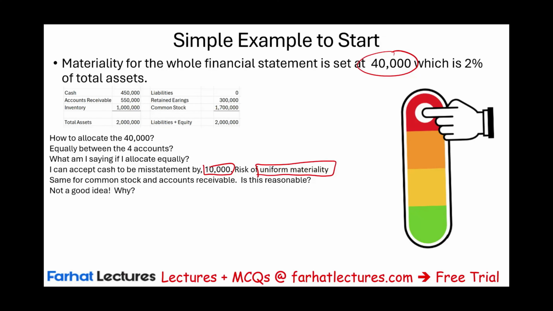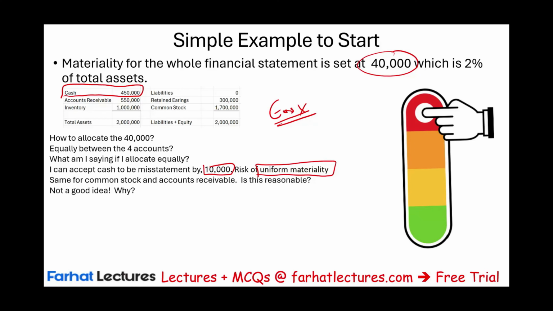Let's talk about cash, specifically. Now, you may not be familiar with how to audit cash, so I'm going to give you some information. Cash is fairly an easy account to audit. Why is it easy? Again, don't worry, just accept this for now, because you can ask for external evidence from the bank. You can get a cash confirmation. The cash transactions are processed through a third party. The checks are processed through a bank. So it's easy in the sense that you can obtain the information easily. That's one. Two, the third party is reliable. The bank information is reliable, and it doesn't cost much to audit cash.